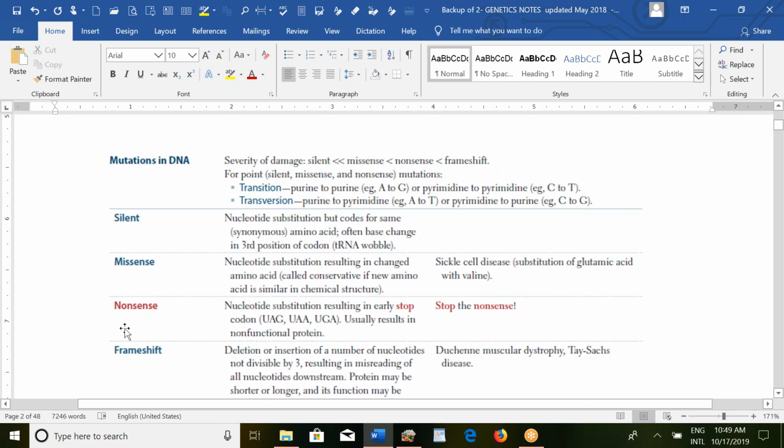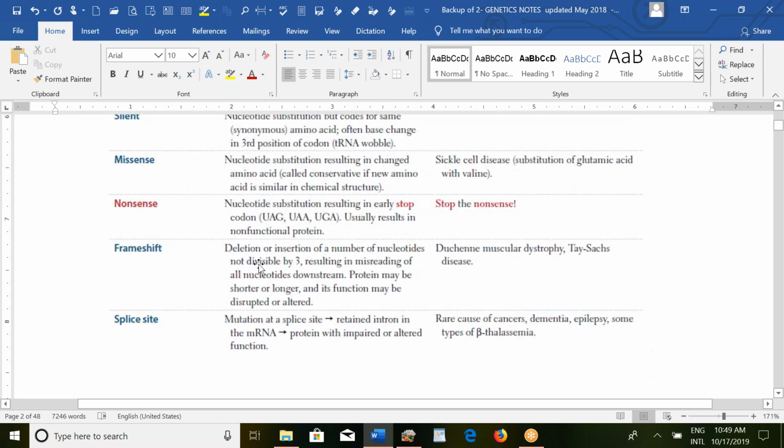Then another form of mutation can be nonsense. Here, nucleotide substitution results in an early stop codon. What are the stop codons? You should remember UAG, UAA, UGA. These are the stop codons, and they will usually result in a non-functional protein. So these cause nonsense mutations. Then frame shift: